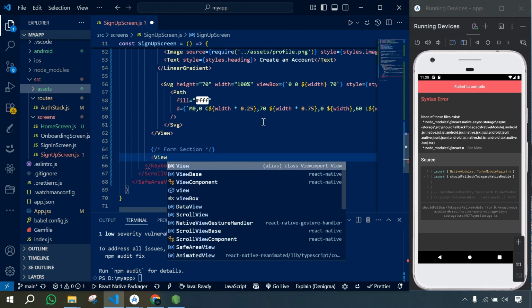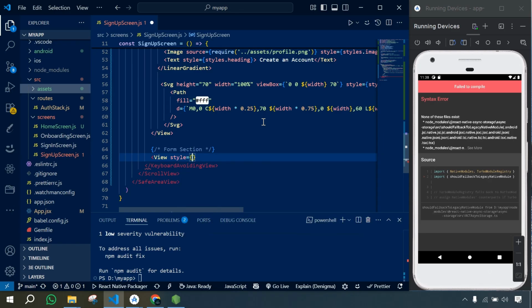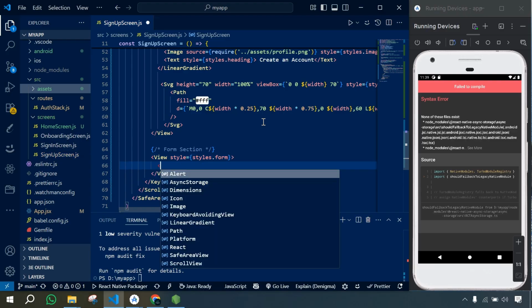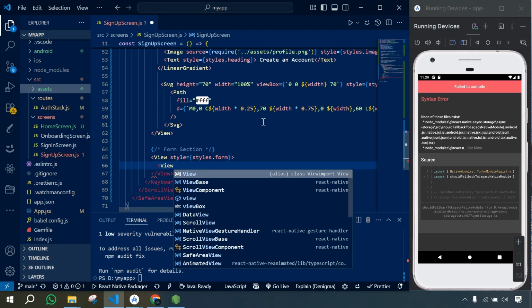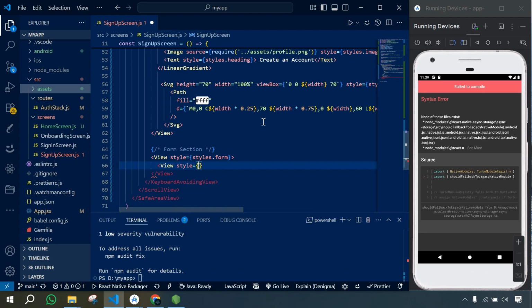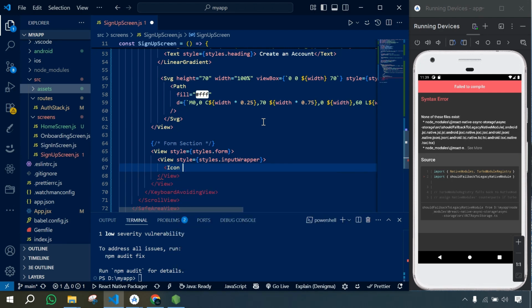First we need to create view style equal styles.form, and then again view style equal styles.inputWrapper, and then here we'll use icon name equal person, and then size will be 20, color will be #6C63FF, and then style equal styles.icon,